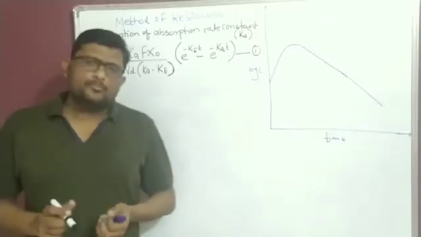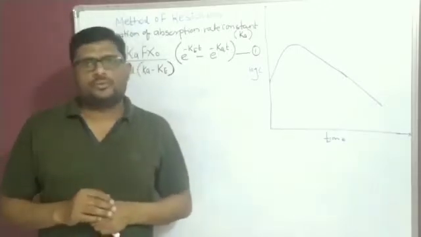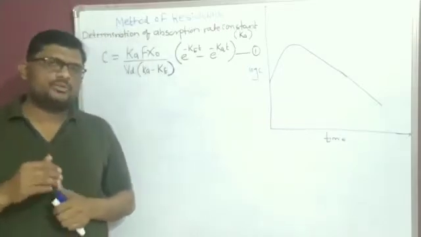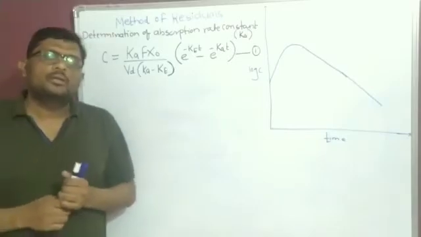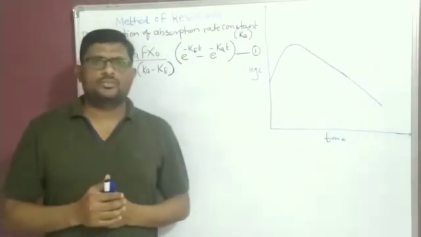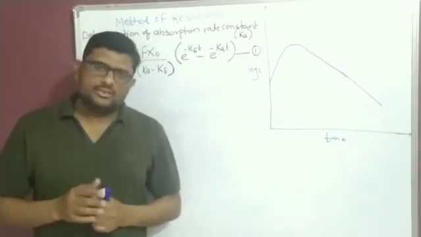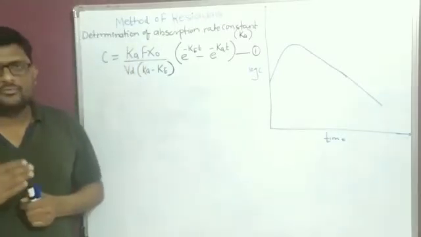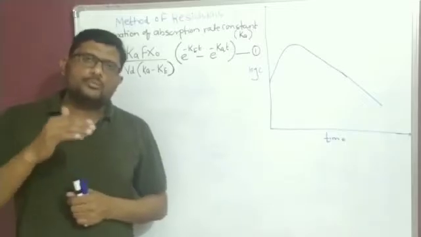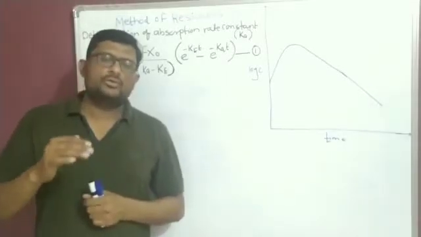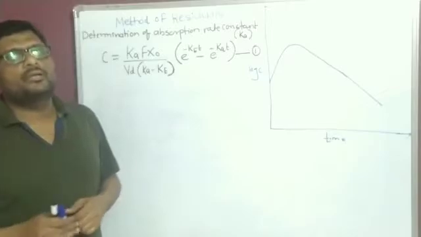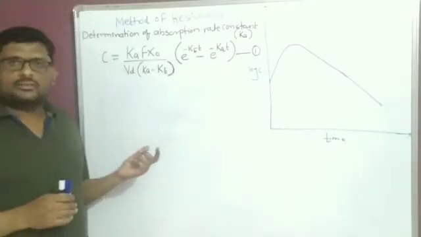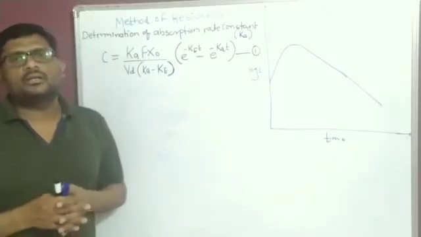Now, if you look at the systemic absorption of a drug administered orally as a solid dosage form, it undergoes different rate processes, such as dissolution of the drug, GI motility, blood flow, then transport of drug molecules into the blood capillary and then into the systemic circulation. So the rate of drug absorption is the overall result of these individual rate processes.